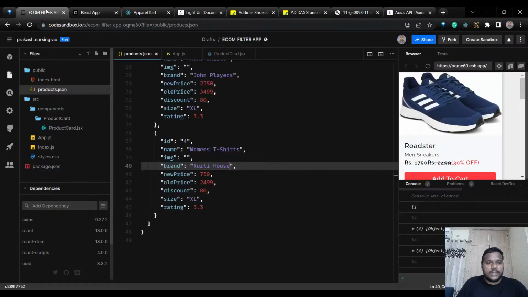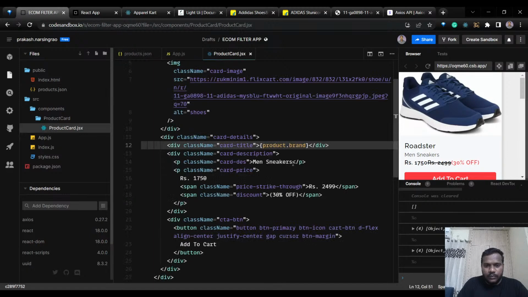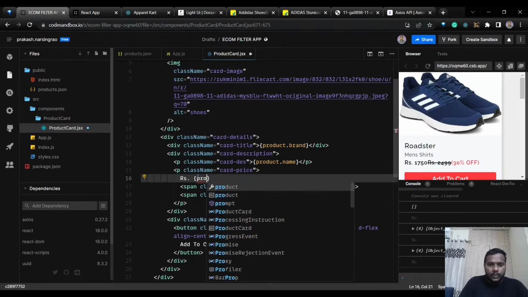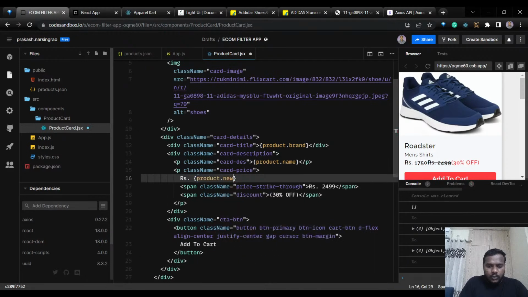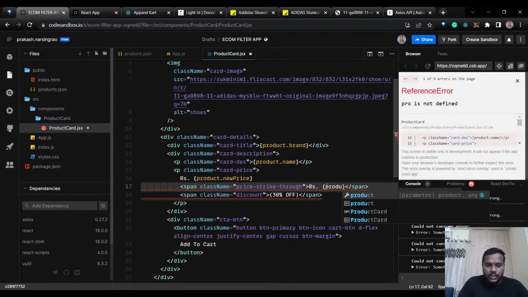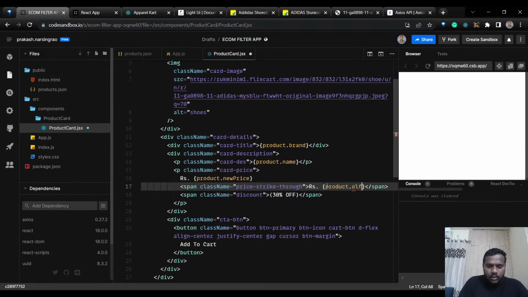Great. Now in the same way we'll change everything, right? So now I know its name. So instead of men's sneakers, I can just write over here product dot name, right? Save it. For price, I'll just change this 170 to product dot new price, and for this old price over here, I can just write in curly braces product. Basically, this curly brace is nothing but the JSX, right? Product dot old price,